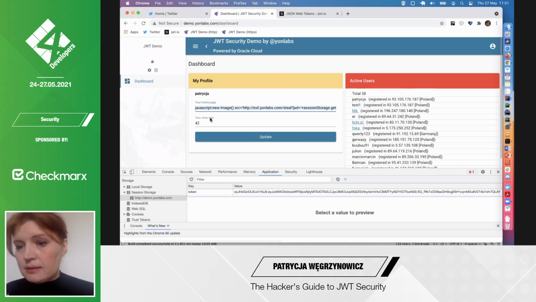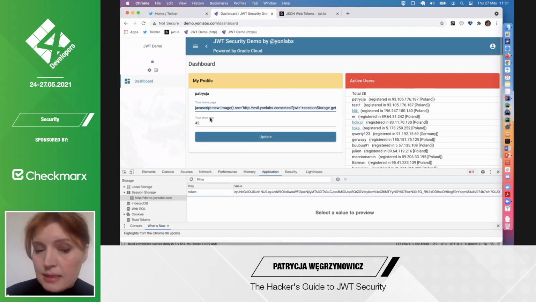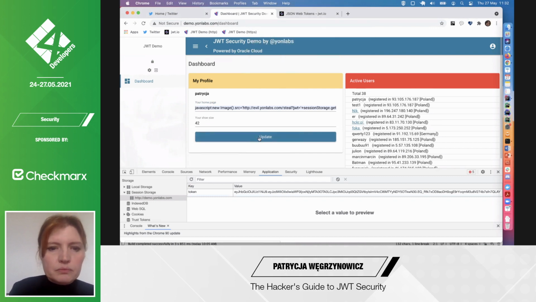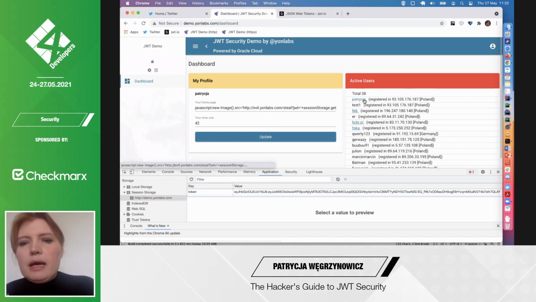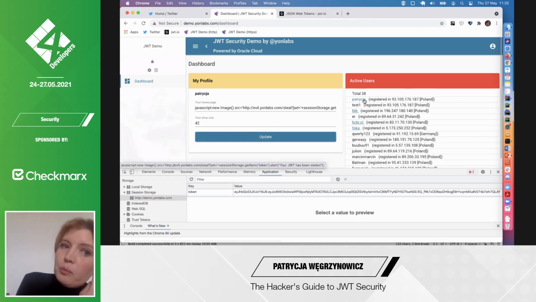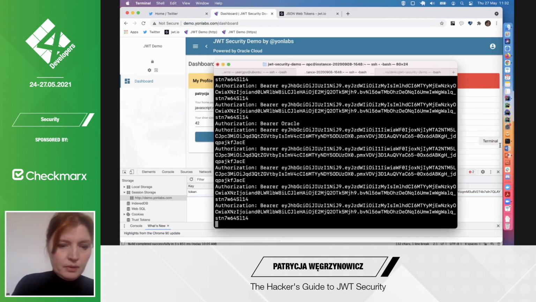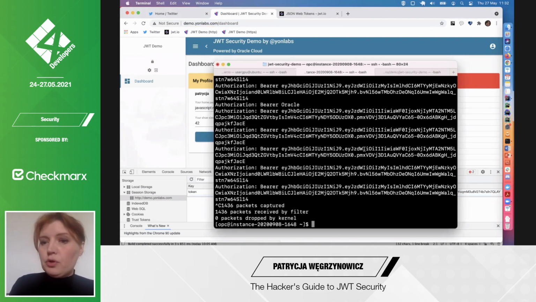And as you can expect, this simple form has an XSS vulnerability. So basically, I will update my profile. You can see there is now a link under my name. And now my kind request for you to click those links. And I will go to my evil server this time, where your JWT tokens are sent to during this attack.